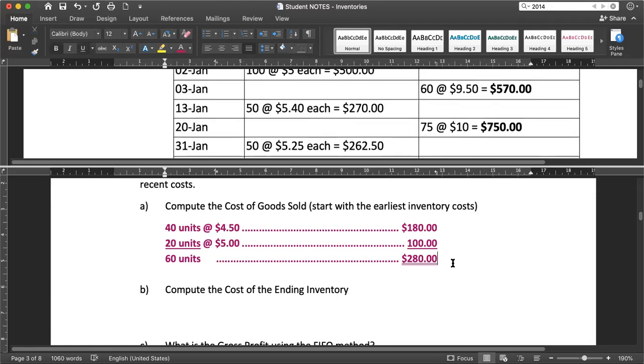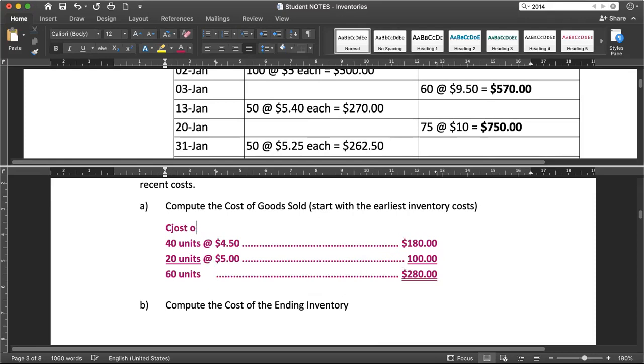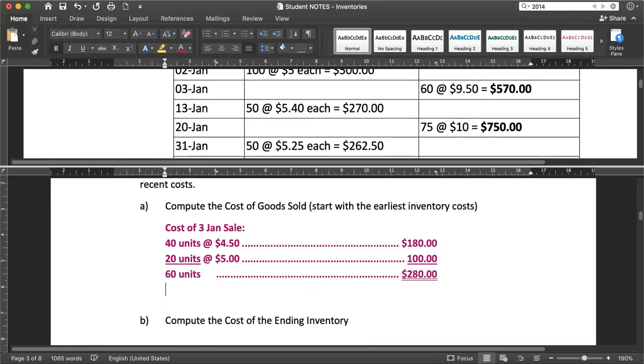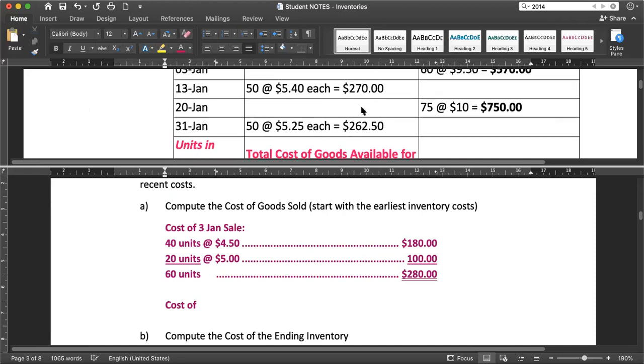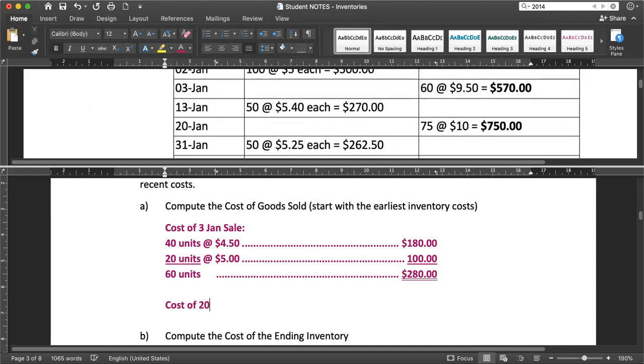This was the cost of the 3 January sale, and then the cost of the next sale, which was the only other sale, which was on the 20th of January,